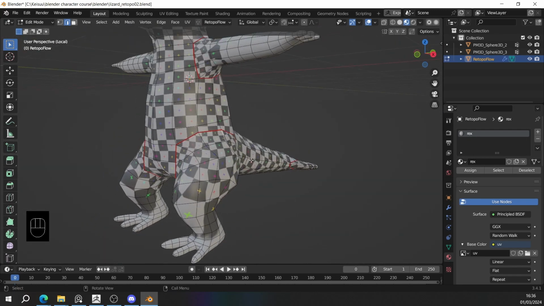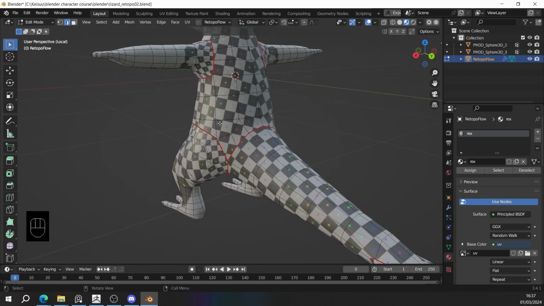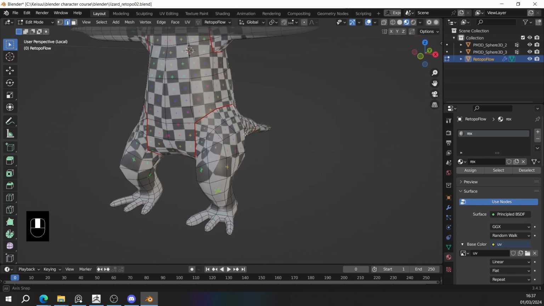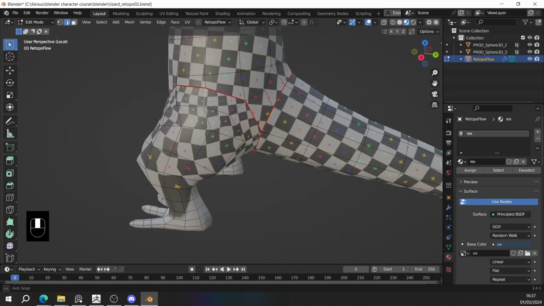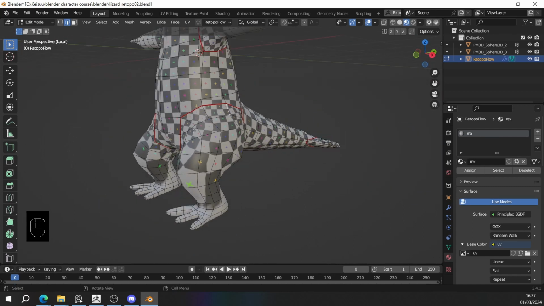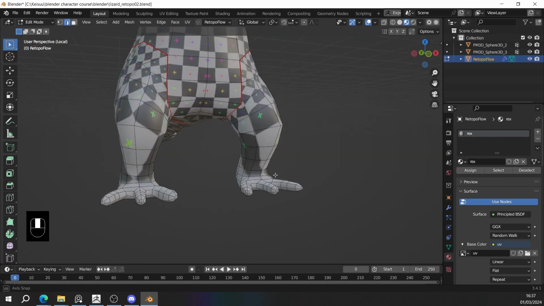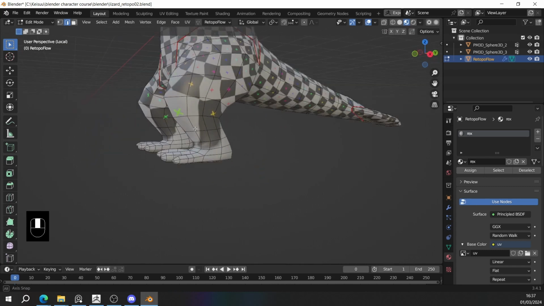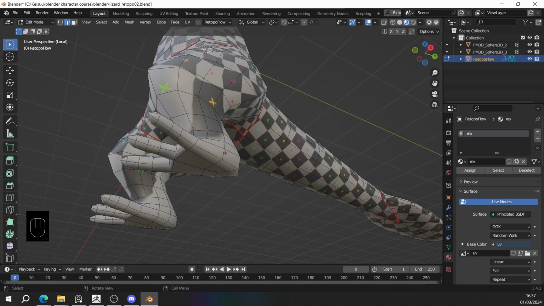As you can see, the density of our UV checker map in this area around the base of the leg is very dense, and it is very spread out at the top. So what we can do is